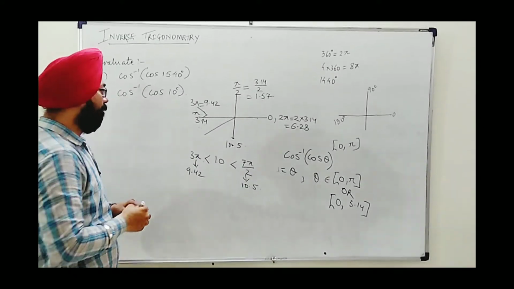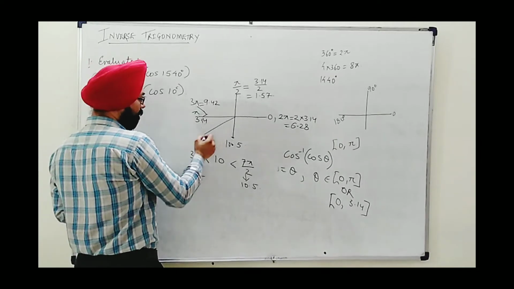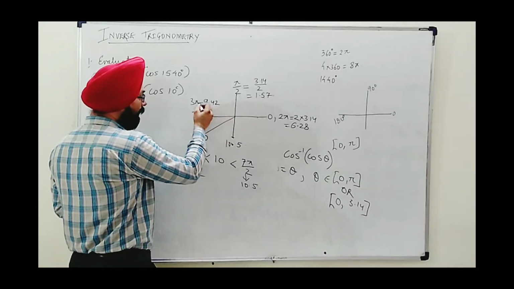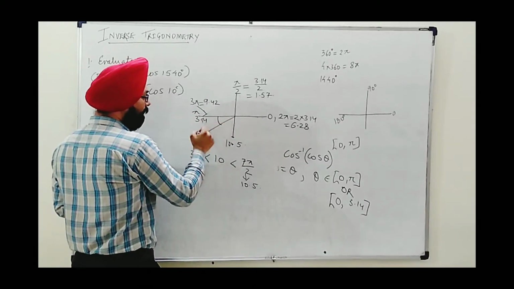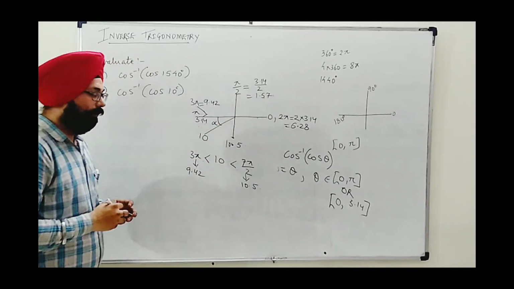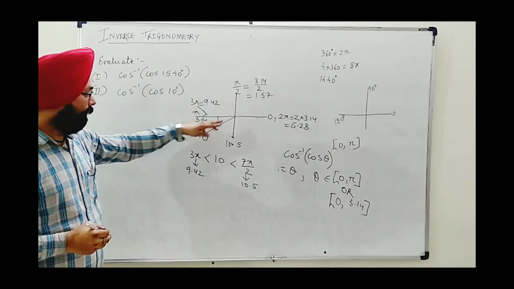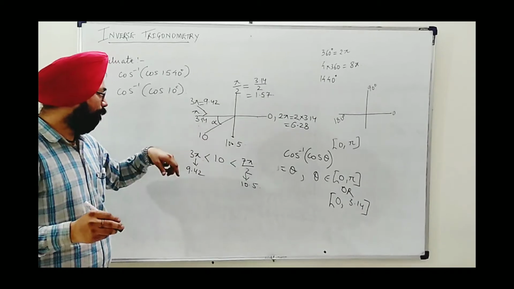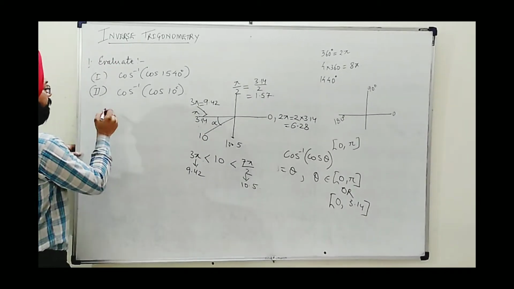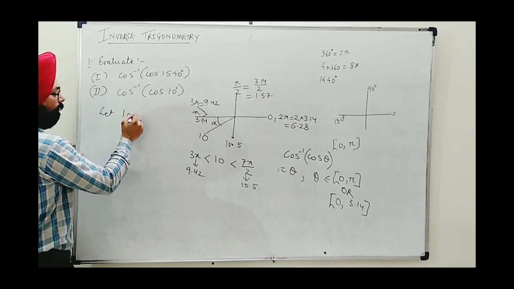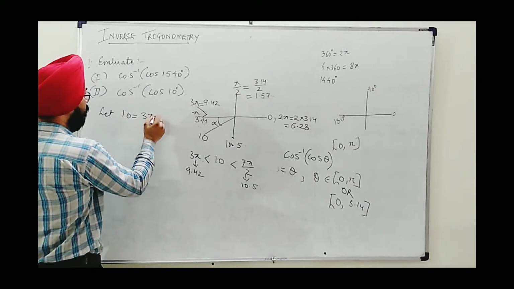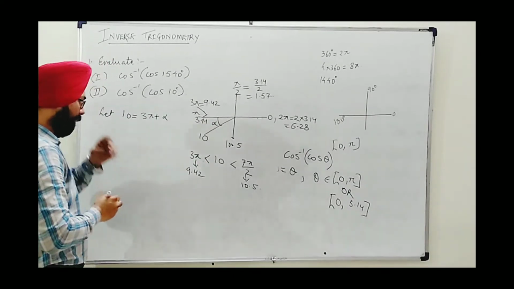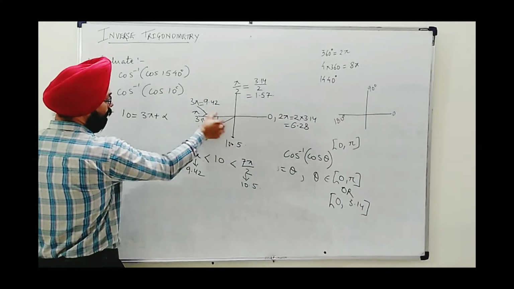Okay, so I see that if I consider this as the position of 10 radian, this is 3 pi, which I already know. Consider this gap to be alpha. Obviously, this is 9.42, and 10 I have shown somewhere in the quadrant. I have taken this angular gap to be alpha. Then I can write, let 10 be equal to 3 pi plus alpha, where alpha obviously will be an acute angle between 0 and 90 degree. The gap says so. This much gap is 90 for sure, this is an acute angle.